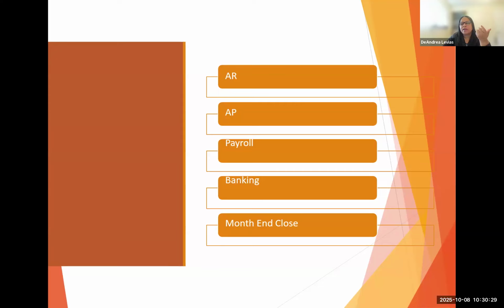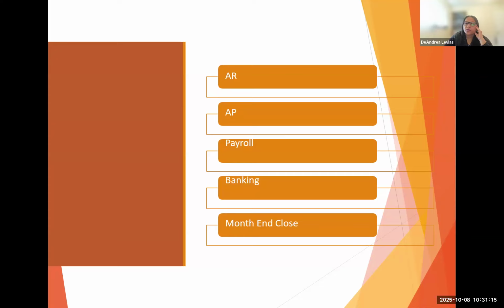A lot of the timekeeping systems now, time goes in, and managers and supervisors can actually do approvals in the system. If you're an organization that's still doing paper timesheets, then there should be some type of manager or supervisor sign off on timesheets, so that when it comes time for fiscal review, if payroll transactions are pulled, those are the types of things that the county is going to be asking for and looking for. And so if you get in the habit of doing that now, again, it makes for a clean fiscal review. You end up not having any findings, and you have all the documentation you need to support the expenses